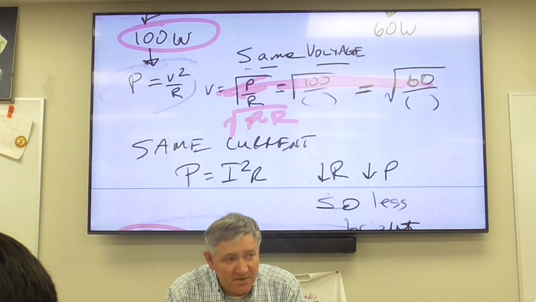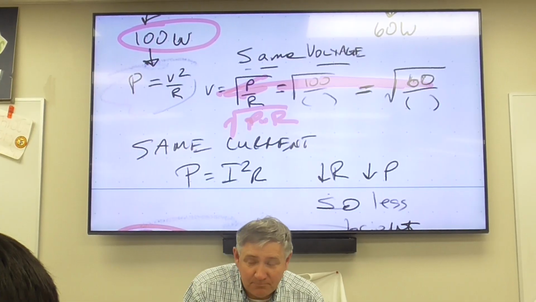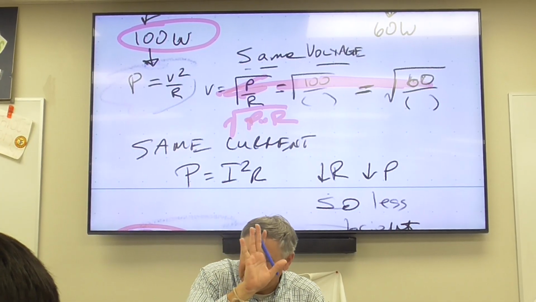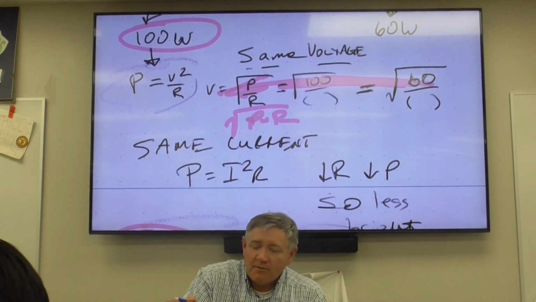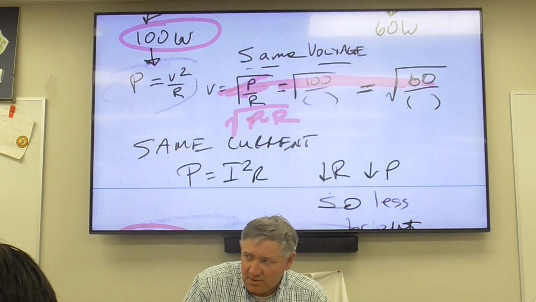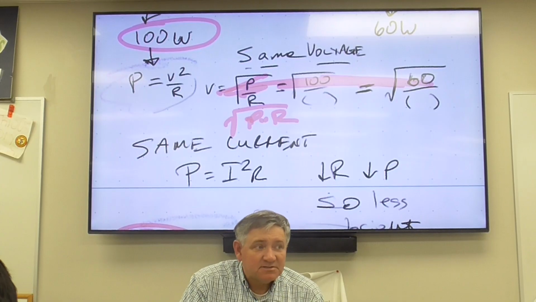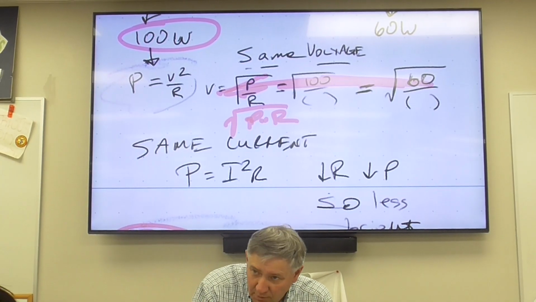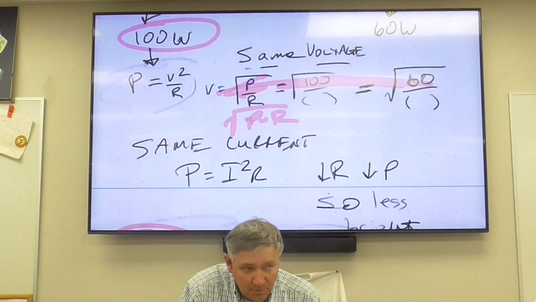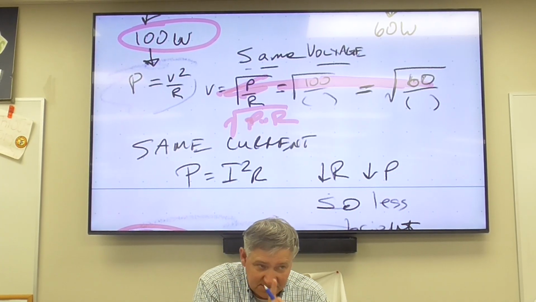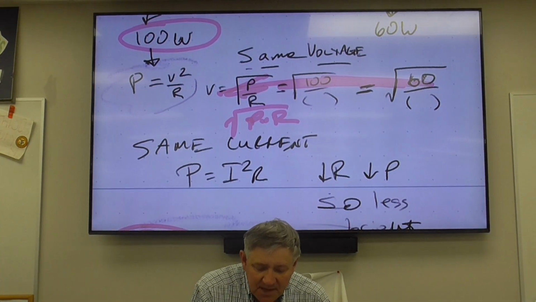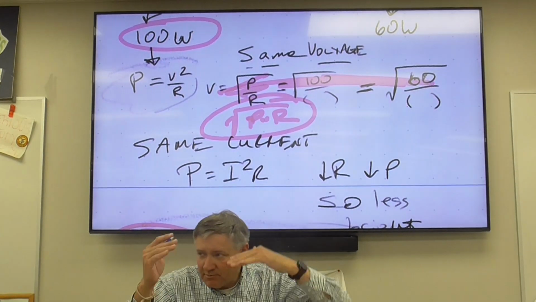Now, here's the other thing about bulbs, and we're going to do an entire lab on just bulbs. The brightness of a bulb is determined by power. So when you're comparing bulbs, the brighter the bulb, the more power. So if the voltage is the same, which is a huge if, then as power goes up,